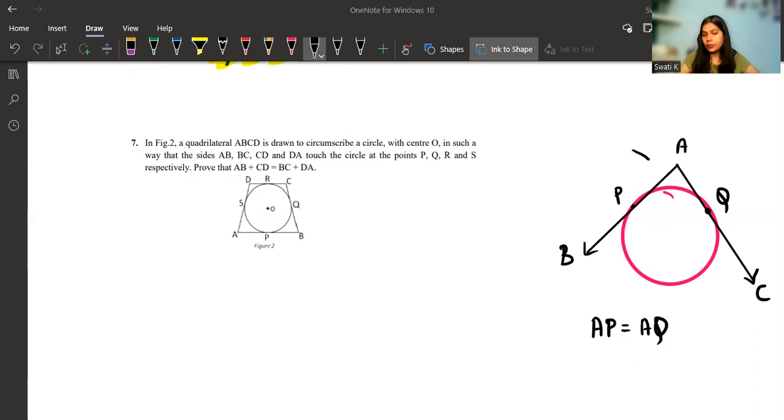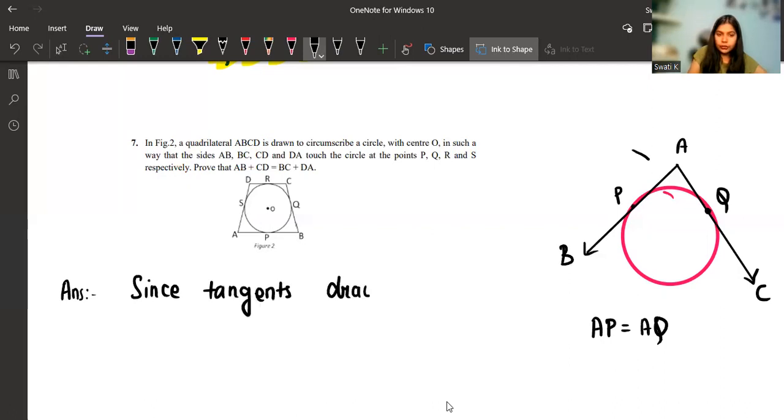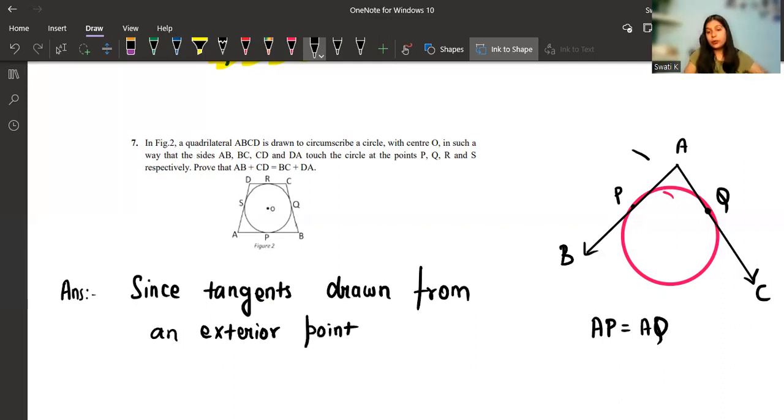This is a property that you are going to use, and if you want, you can also start your proof by writing the same reason in the very beginning. Since the tangents drawn from an exterior point to a circle are equal in length,